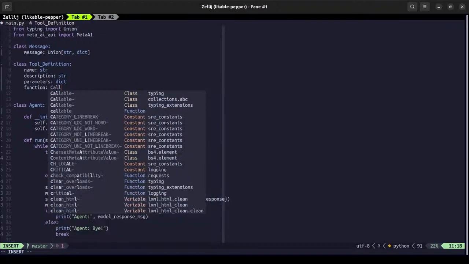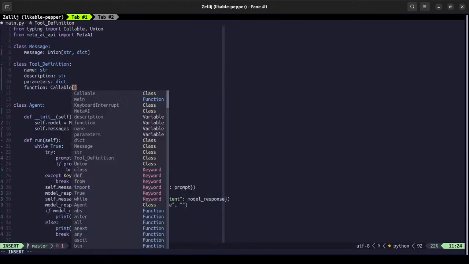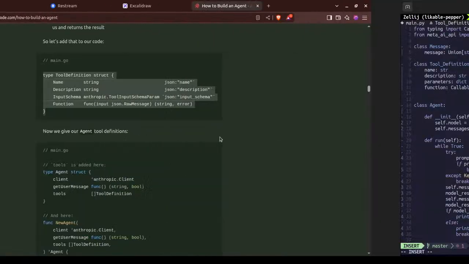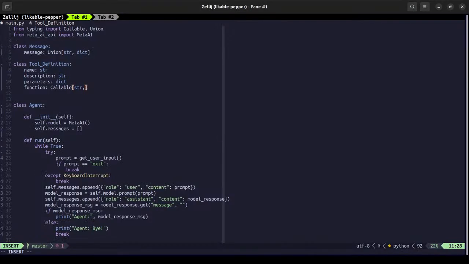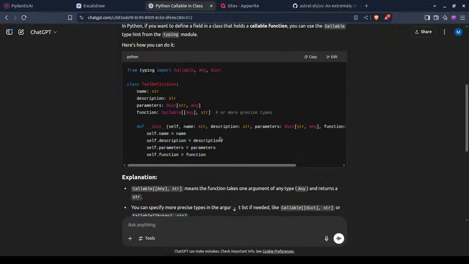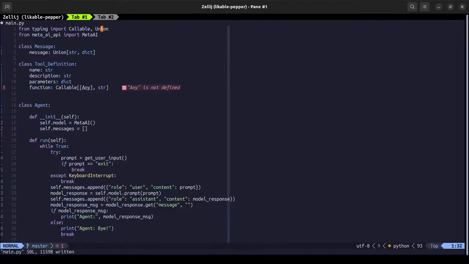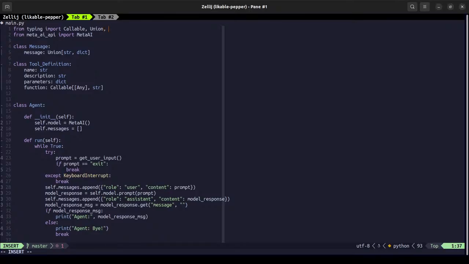It is callable. Won't be a string, right? Will be any. Oh, any we have. Any.